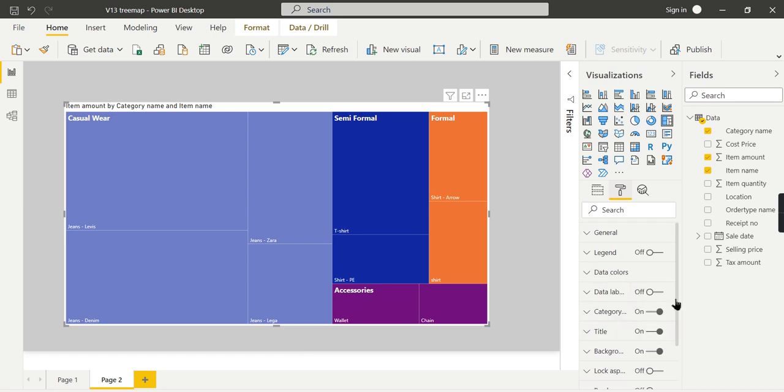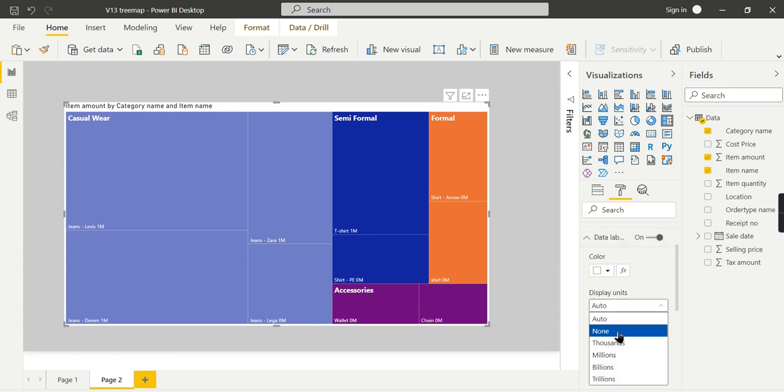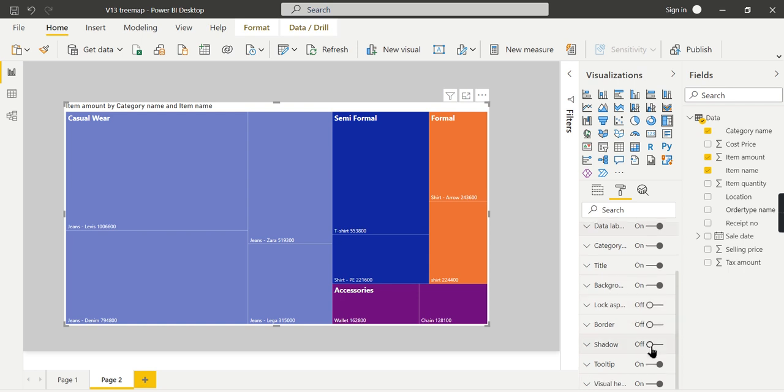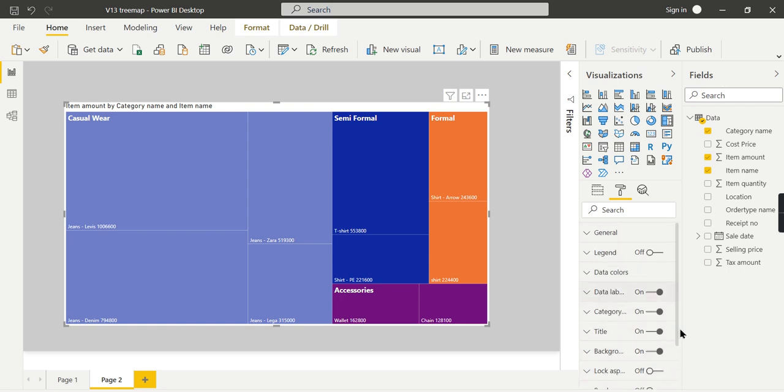And the properties we just saw, we can change the colors, change the categorical values, then add data labels if you require, like the actual value, you can add it over here, right? Other properties are common across other visuals, you can explore them.